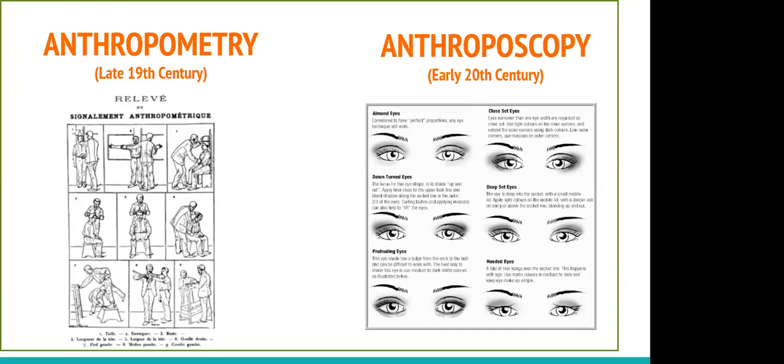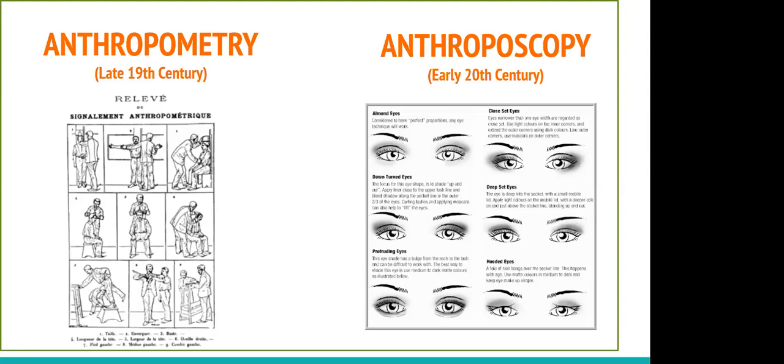So anthroposcopy basically is a study of anatomical features. There is no measurement involved here. It's just on the basis of description. I have added an image here for you to understand that anthroposcopy basically is about how to categorize various features so that anybody who's going to draw that face can do so. Because it is the base for sketching, it is the base for identity kit, it is the base for photo fit method, it is the base for the 3D, 2D reconstructions, whatever methods that we use.